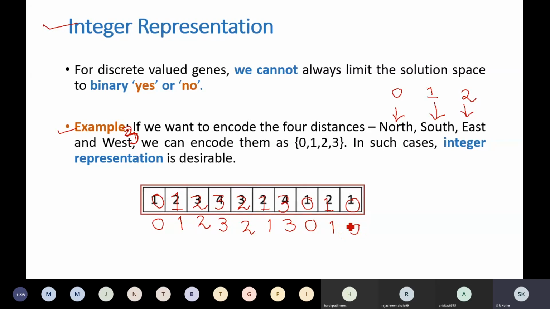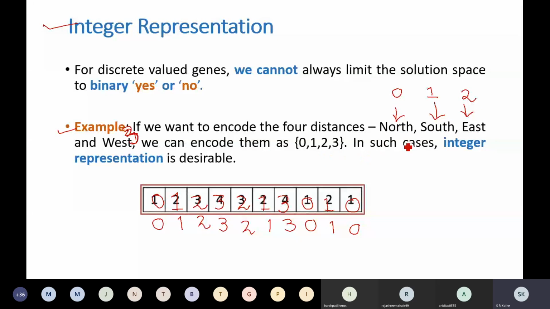Suppose there are four distances or directions, you may say north, south, east and west, and you have to represent that in your solution. So what we do, generally we perform encoding. So encoding that we have performed is 0 is representing north, 1 is representing south, 2 is representing east and 3 is representing west.